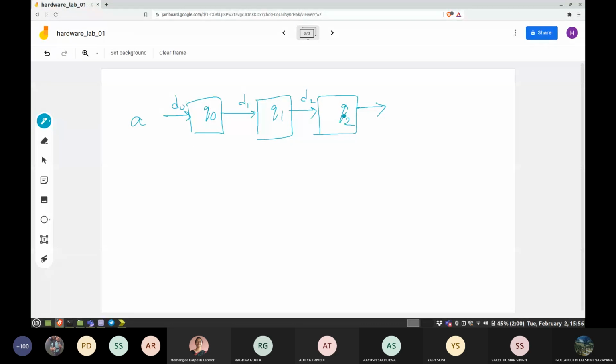So this is how the design will be done. To do the 3 bits, you essentially have to copy the A in the Q0, then copy the Q0 in this, and then this into this. You have to copy them successively.